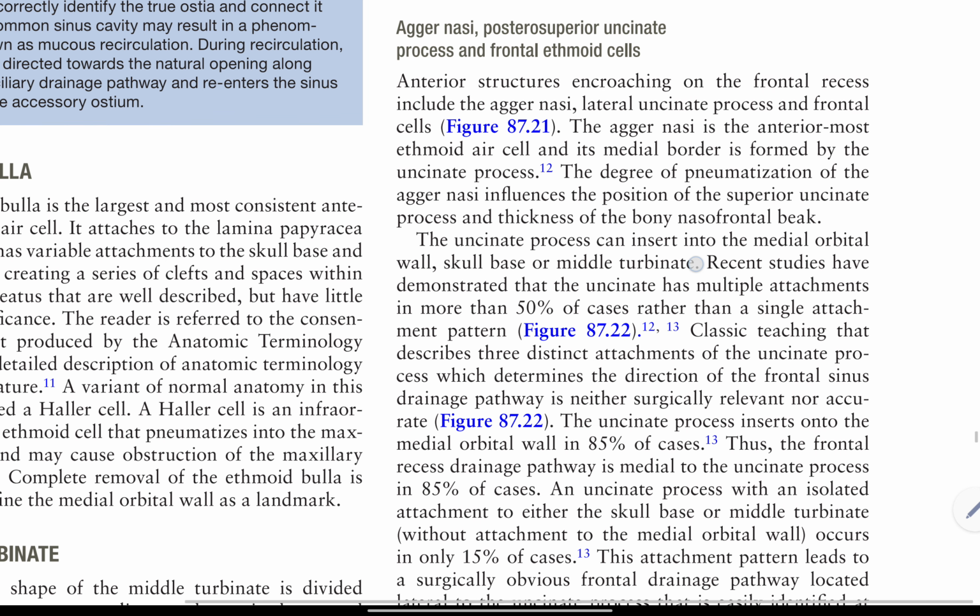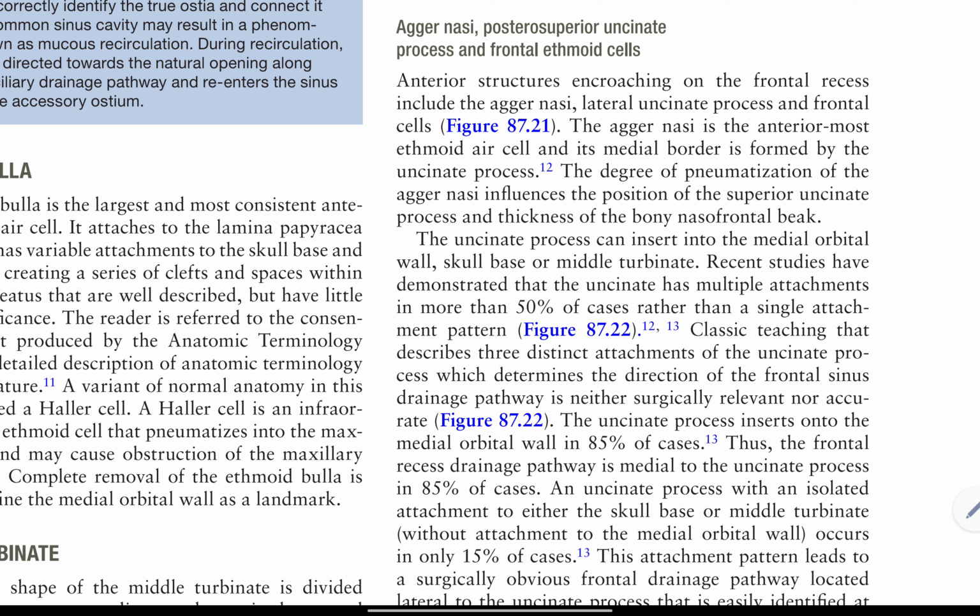Agger nasi, posterior superior uncinate process, and frontal ethmoid cells. Anterior structures encroaching on the frontal recess include the agger nasi, lateral uncinate process, and frontal cells. The agger nasi is the anterior-most ethmoid air cell and its medial border is formed by the uncinate process. The degree of pneumatization of the agger nasi influences the position of the superior uncinate process and thickness of the bony